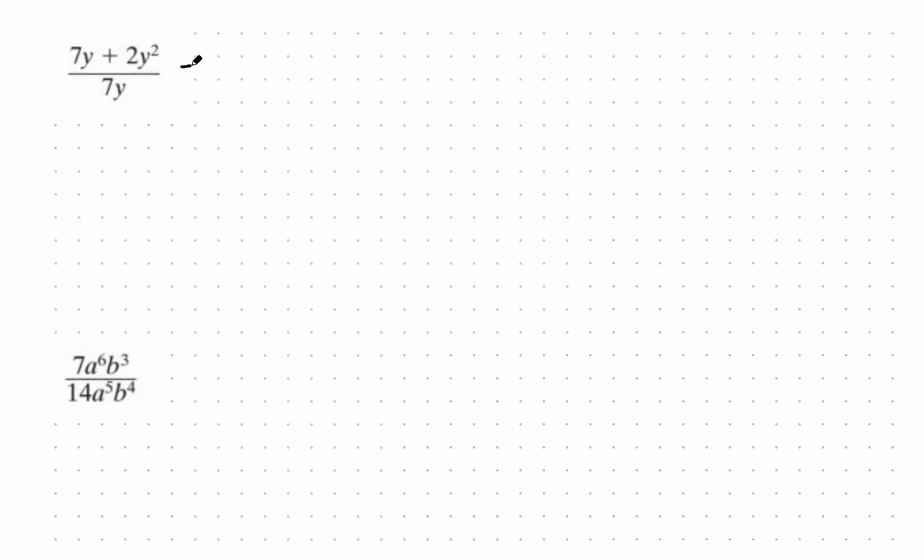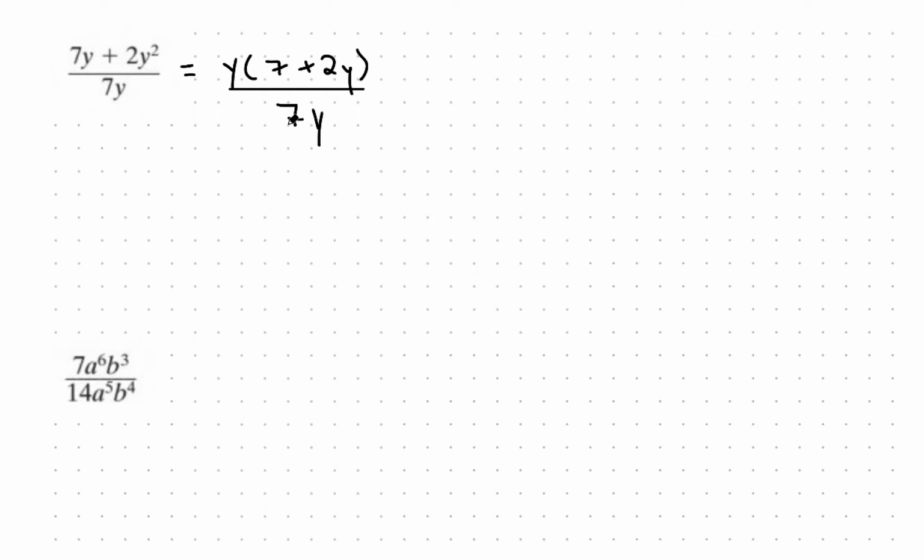So let's take a look at this first question here. It's 7y plus 2y squared. These two expressions have y in common. So I'm going to factorize y out, and then I have 7 plus 2y left over. On the bottom, there's no other term to compare it to, so it's just 7y. But what I do have is y being multiplied in on the top and y being multiplied in on the